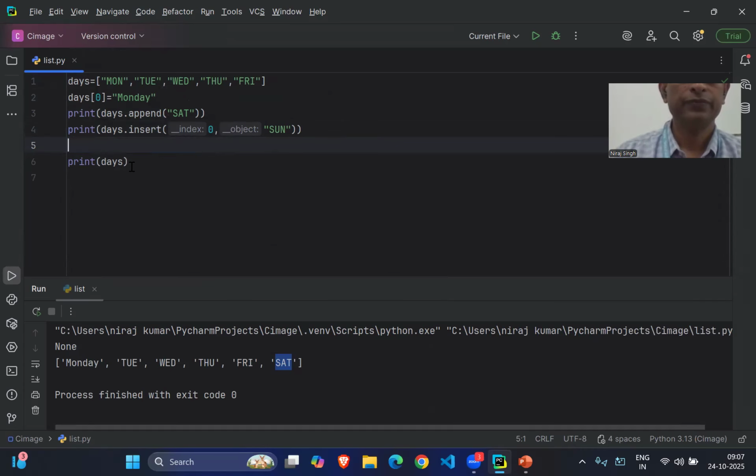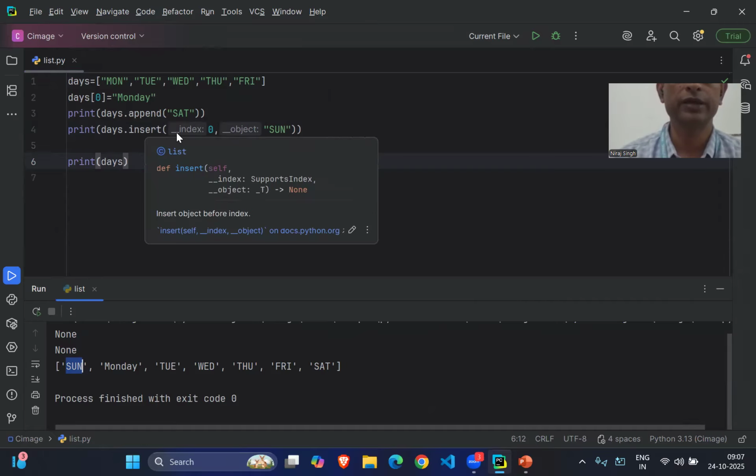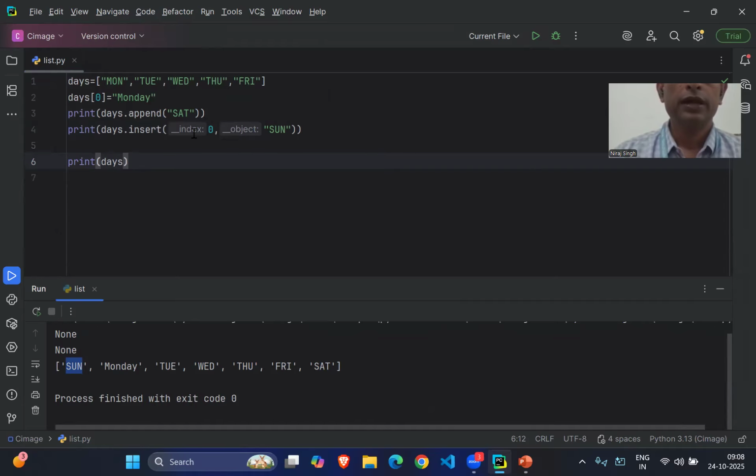Now check by running the program, and you will find I have added the element Sunday at the very first position. So we can add an element by using append, which adds at the end of the list. If you want to add an element at any specified position, we can use the insert method, where we specify the index position and the element which you want to add.